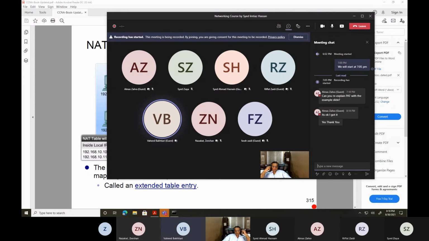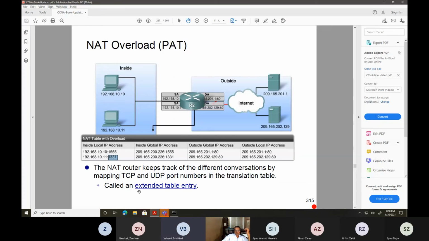If you return to the PDF file, because here from inside global IP to outside global IP, you said it should be mapped IP address to the other one, but these two IP addresses are not in the same range, so it doesn't make any problems. No, no, no. You're misunderstanding. This 192.168.10.10 is your inside local private address, which gets converted.